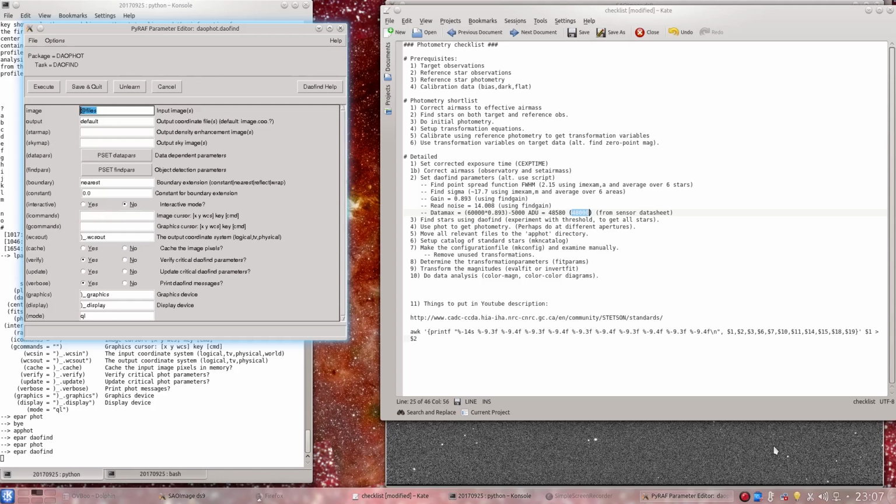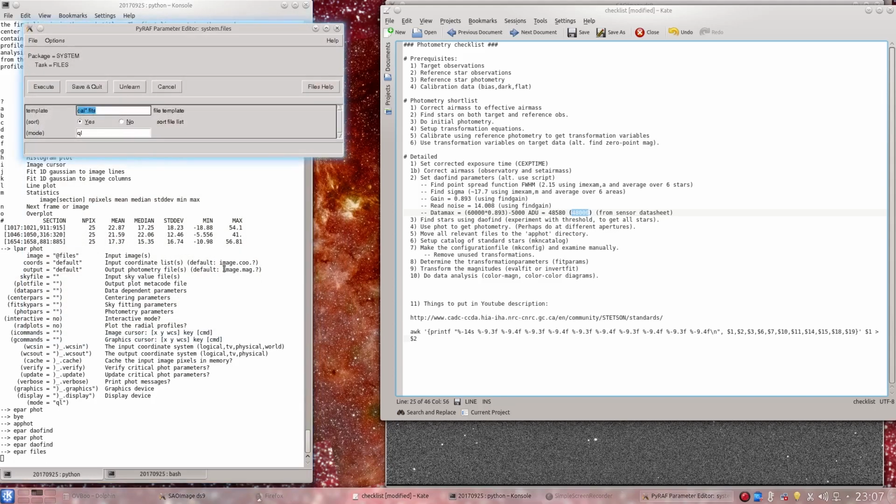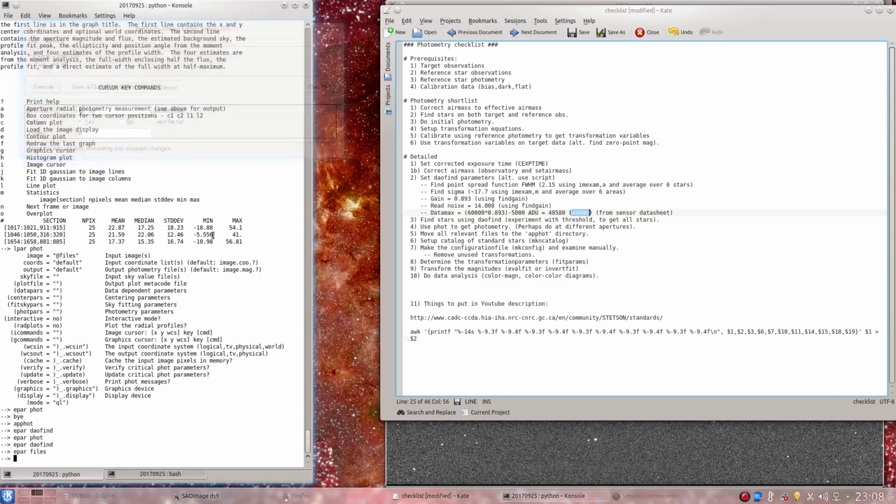Alright, so you have two options here. You can do as I've done before. You can just say asterisk, some files, and whatever you want to do. But one other option is that you can use the files task, where you just put in the files that you want, the file template, whatever you want. You can see again, cal, asterisk, fits, and then I'm just going to open gedit